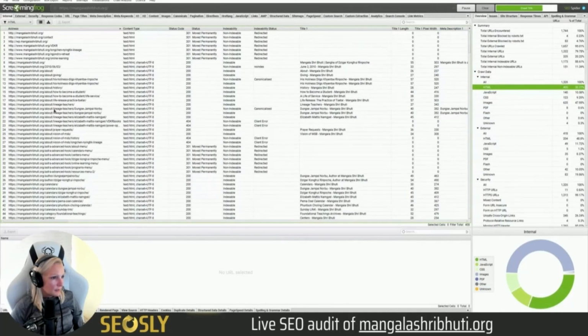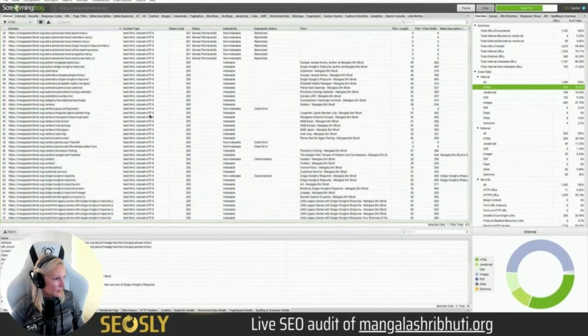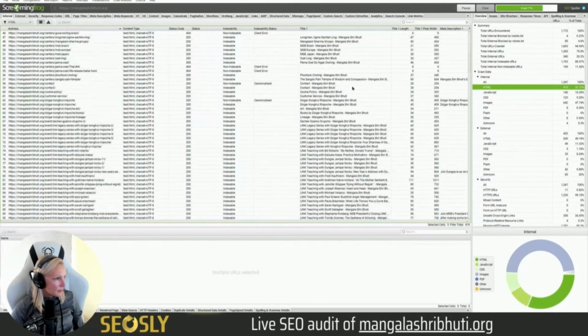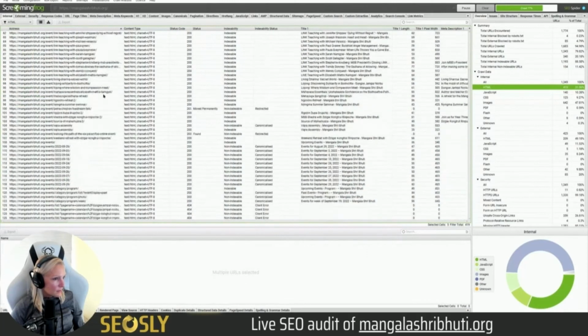Here, what I can see is that there are two versions of the URL. One is non-indexable, canonicalized, which is okay. What else do I see? Very, very quickly, some redirects. Let me check if there is something that's